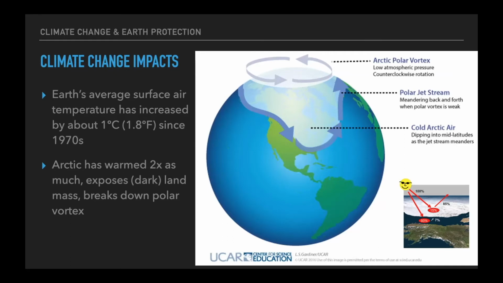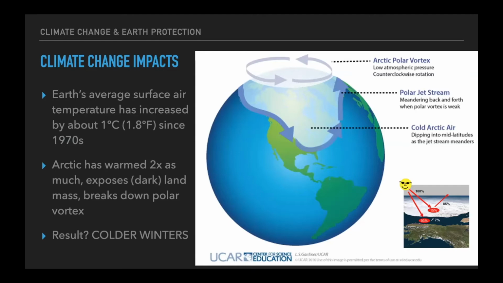And when you break down this polar vortex, it leads to this polar jet stream, which we just experienced last week. So those very, very cold spells that we keep getting more and more, it happens earlier in the season, although there is a natural tendency for it to happen. It's happening earlier and earlier, longer and longer, and going further and further south. All of that is happening because we're heating up our Arctic so much that it disrupts this stabilizing polar vortex and produces more of this polar jet stream, which comes down, sends that Arctic air further south. And so the result is we get these very extreme cold winters, which is very hard to explain, right?